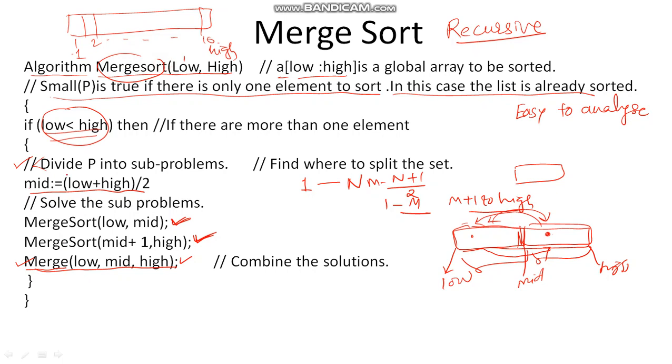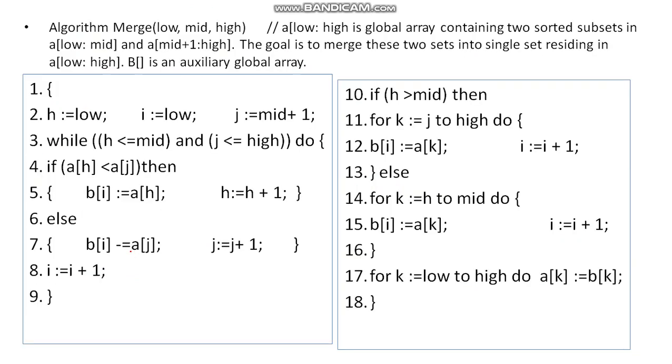That means this merge sort is calling two instances of merge sort, and once these two instances are done, these two parts are combined together by using the algorithm merge. This is the algorithm merge, in the next slide. This is the merge where the parameters are low, mid and high. In a single array there is a low parameter, a mid parameter, and a high parameter, and I want to merge two subarrays. One subarray is from low to mid, and the second subarray is from mid plus 1 to high.